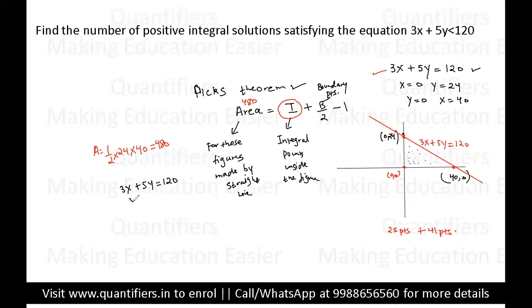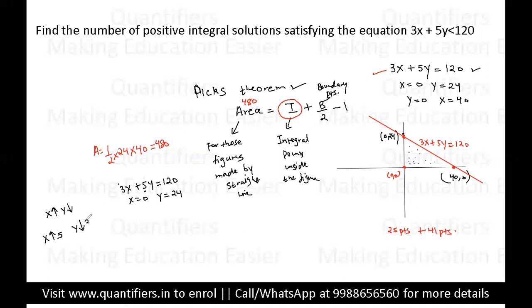Now can I say if x is equal to 0, y will be equal to 24? This will give us the first point. ठीक है, अब आगे आई गेस आप लोग को पता होगा, if you will increase the value of x, y is going to decrease, right? And I hope everybody knows that x will increase with the coefficient of y, whereas y will decrease with the coefficient of x.